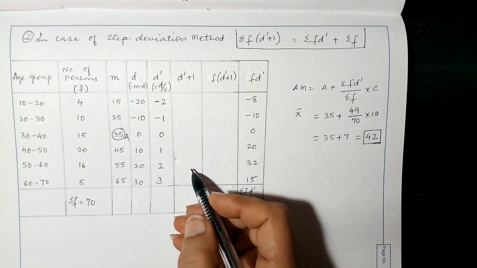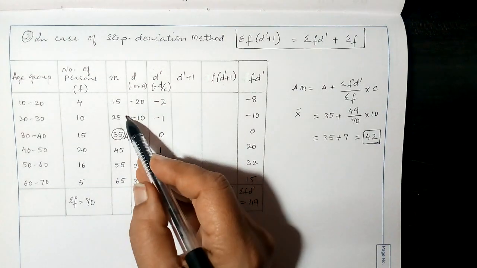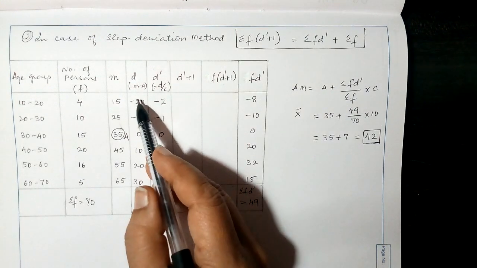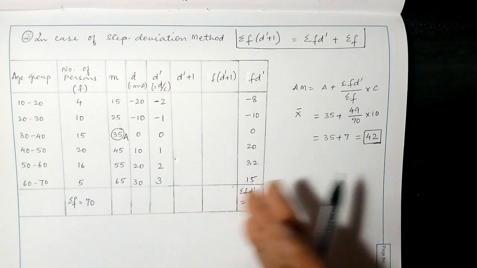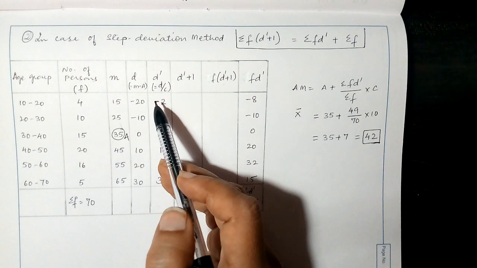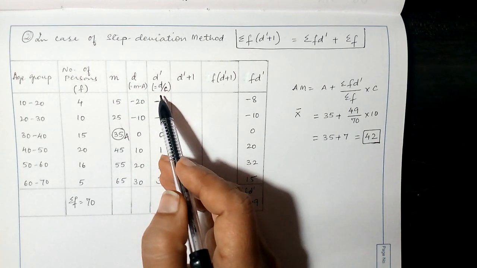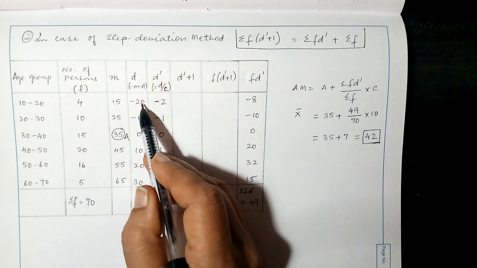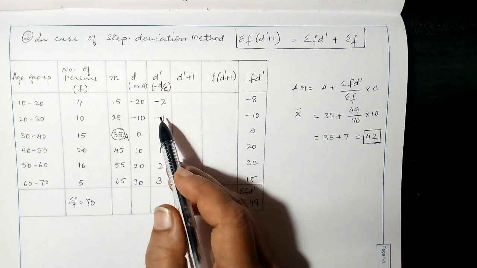For the same given data, the same age groups and the same frequency, I have copied the same thing over here, the midpoints we calculated, then we also calculated the deviation part. Now for a step deviation method, we go one step ahead, isn't it? So we find out d dash, which would simplify the values of d. So for that we need to calculate the C. What is C? Common class interval or common factor. Here 20, 10, 10, 20, 30 are all multiples of 10. So the common factor would be 10.